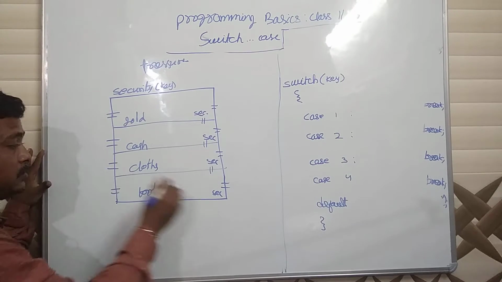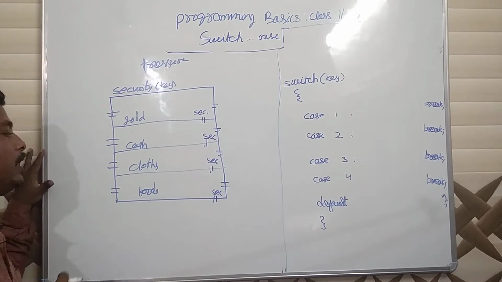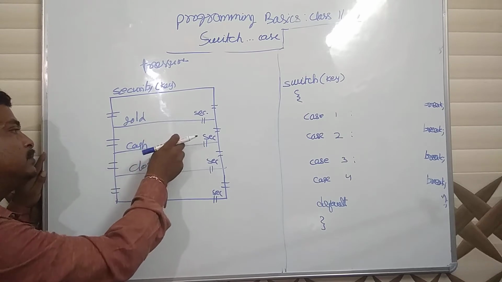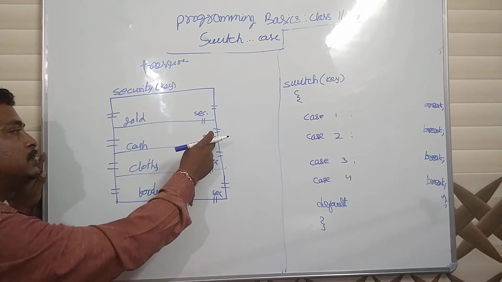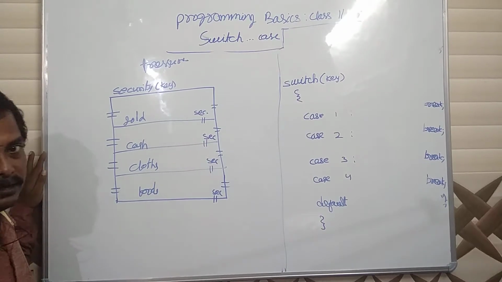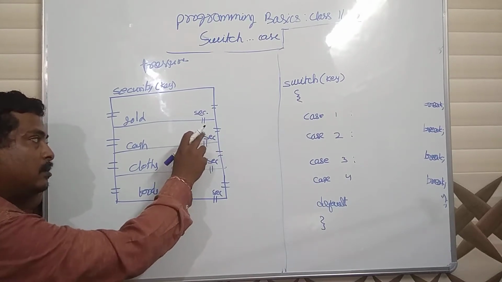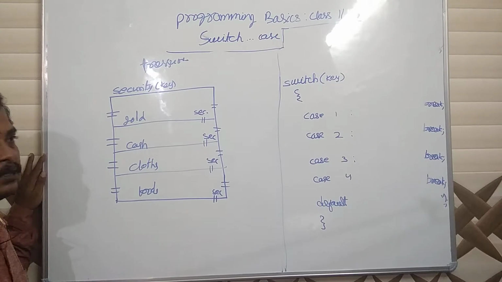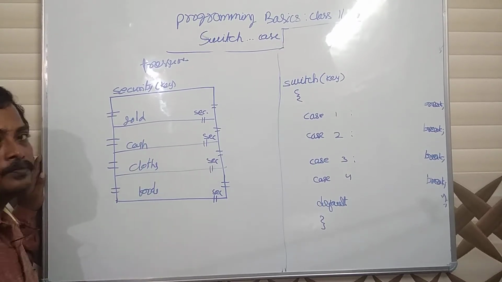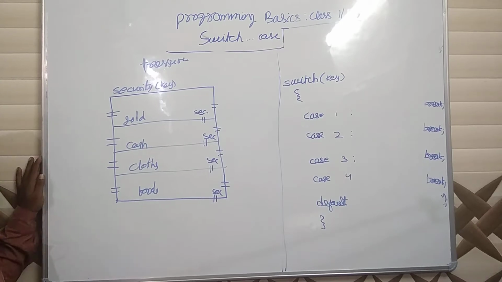When you are entering a chamber and taking some materials, after that the security is there, and he will tell you to go outside. You can't go to the next chamber. If the security is not there, then you will go to the next chamber and take some other things. Then after that the security will tell you to go. Now what happens?